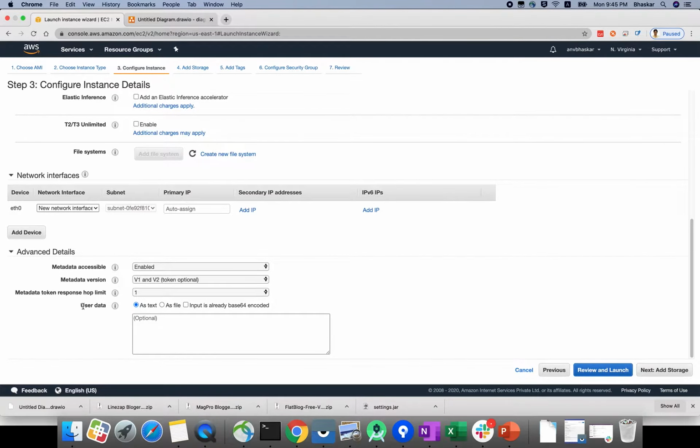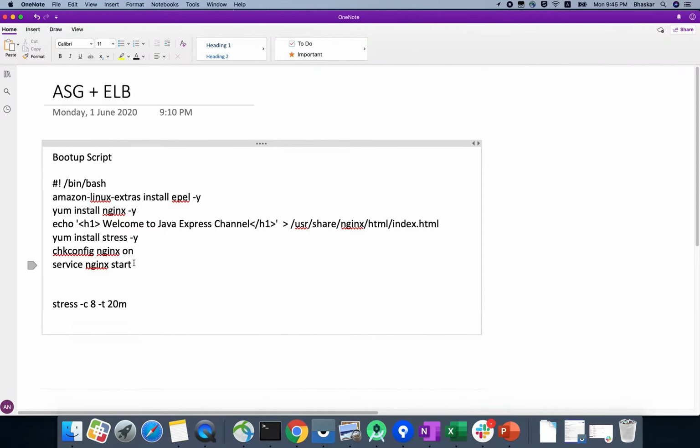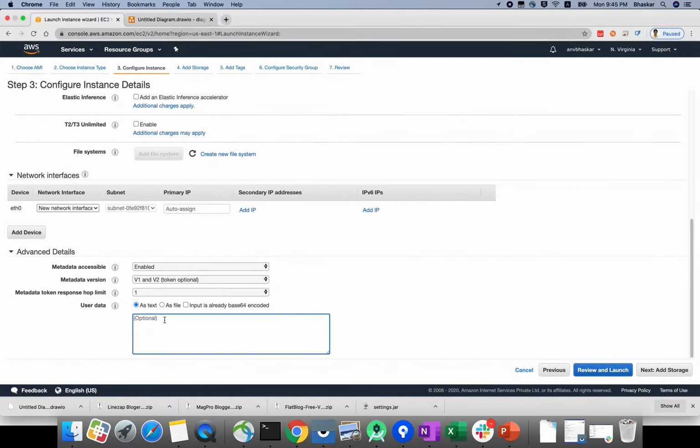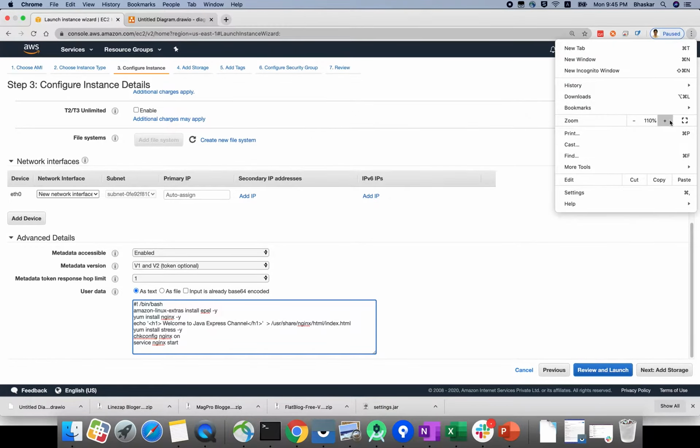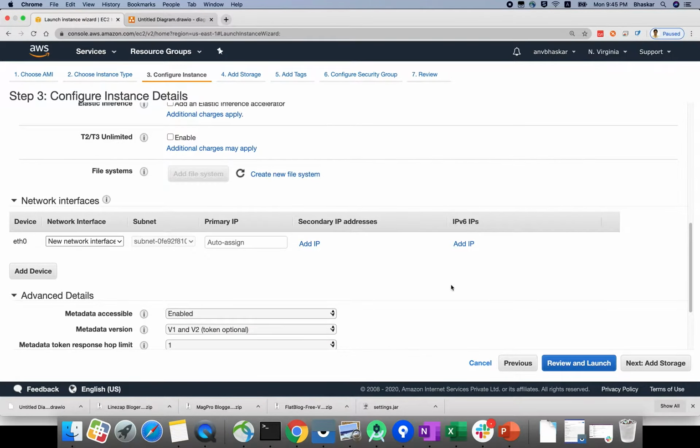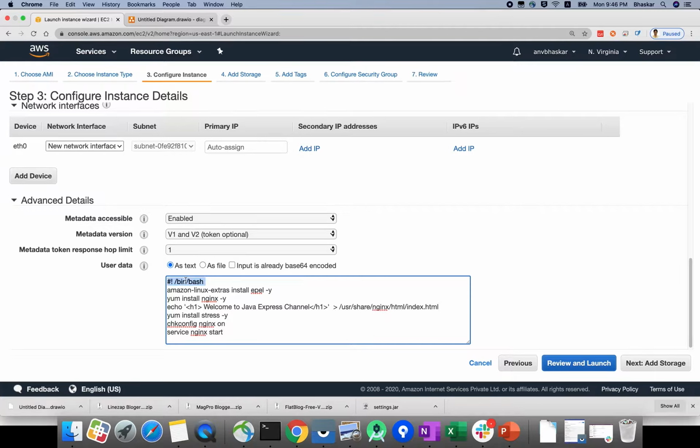If you see here, this is your user data. You need to install your software here. I already have it, and I will provide these command lines in the description section. This is your shell script.